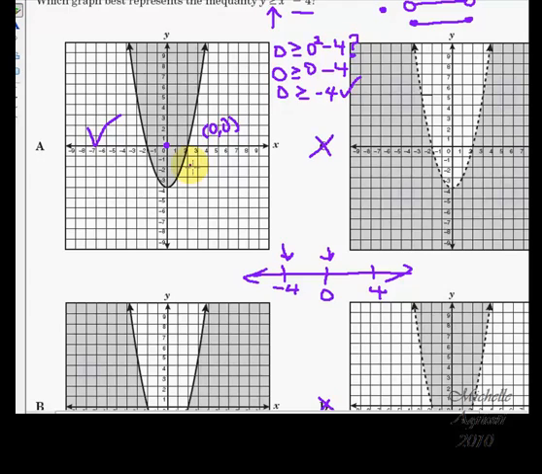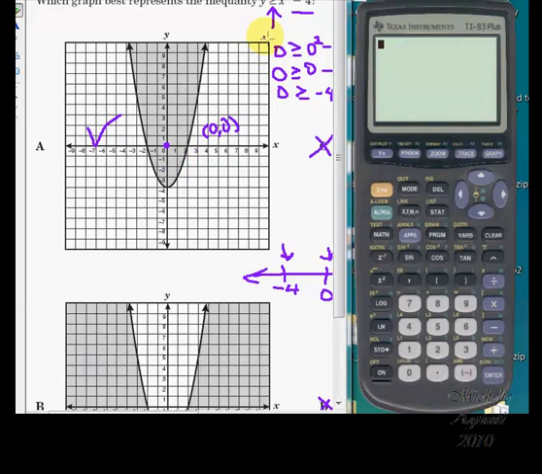Now, we like to use a calculator, so let me bring in the calculator, and I'll show you how to use that. Okay, we want to graph this, so we'll hit the y equal button and put in x squared minus 4. Now we want greater than or equal to, so we want to shade, so I'm going to arrow over to the left. And now I'm going to hit enter to toggle through all the choices. There's the thick line. Okay, and now this is greater than because it's shaded on the top,